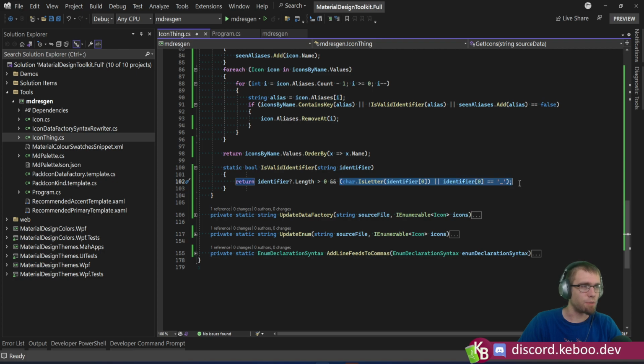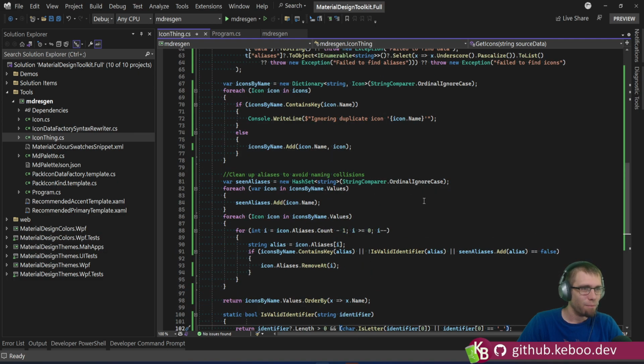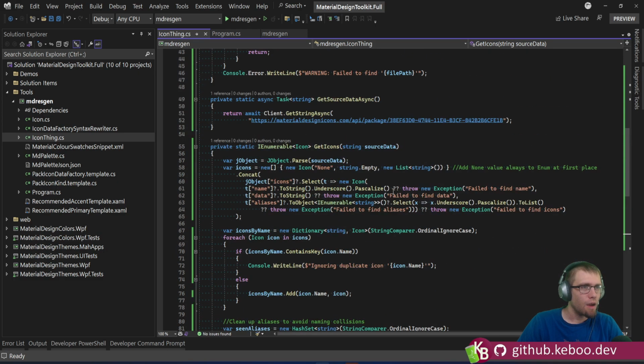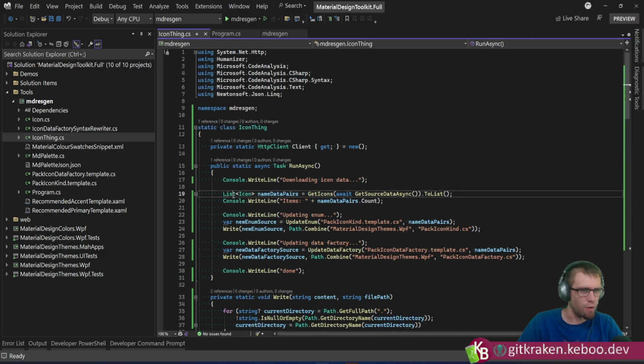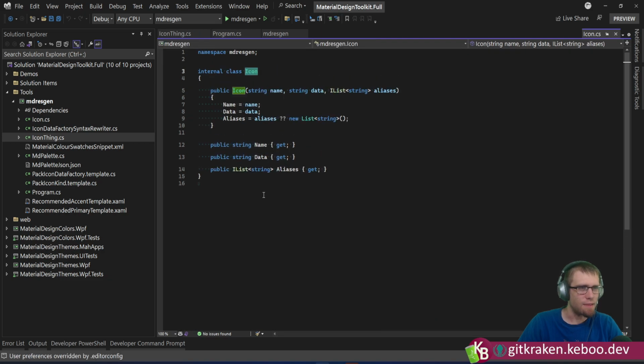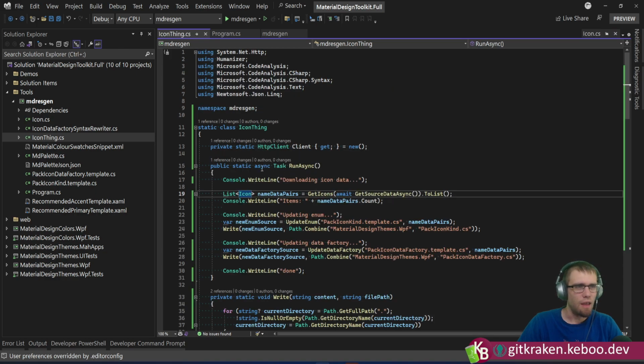This is a very simplistic check. What it actually is is much more complicated. But it was a fun little read. Okay, so this is going to get us the set of new icons. And so really what I want, I think, is there's the data, there's the name, there's the aliases. If I get me a set of current icons,